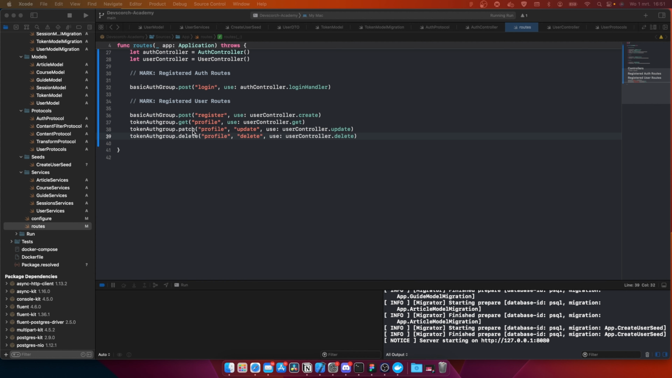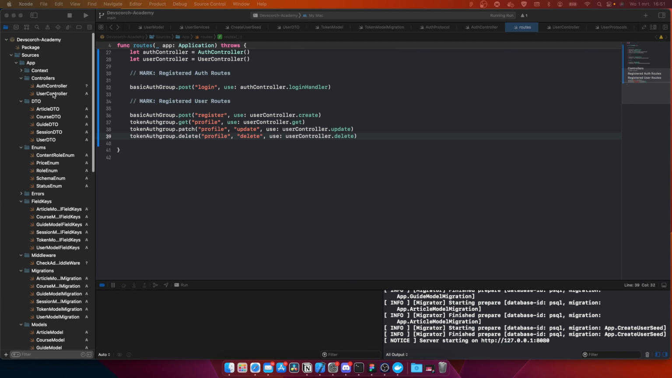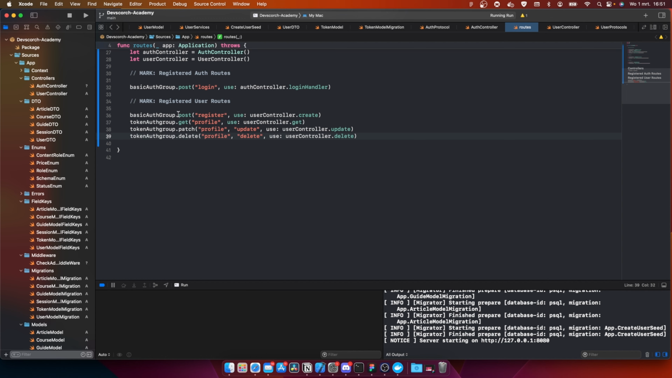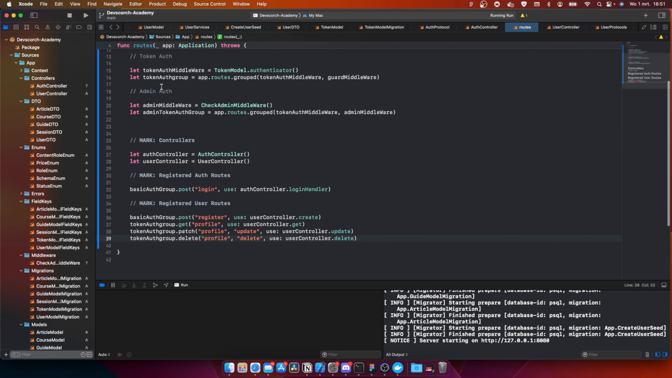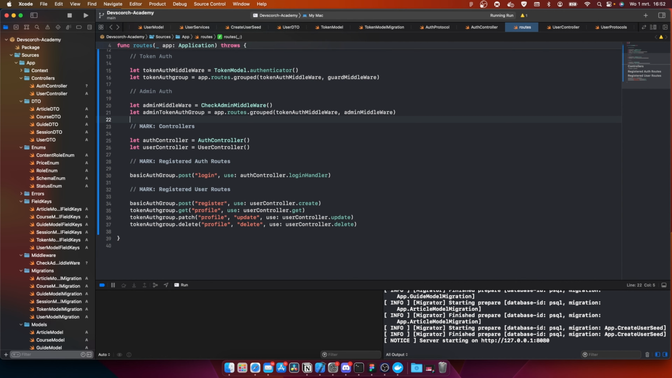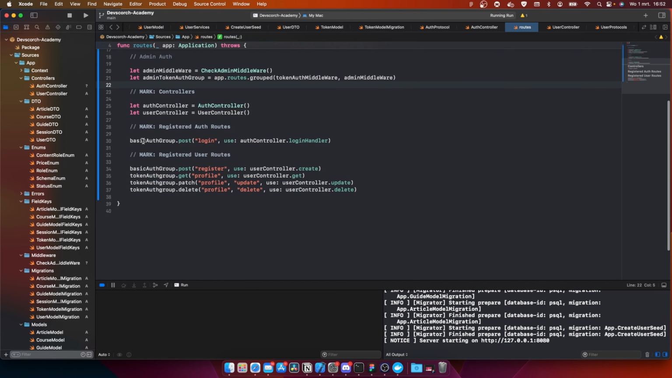Okay, so in the last video we created our first user controller. We created our middleware, we created the admin middleware. We registered the route for logging in, for registering, and we also created all the routes for the profile, for updating and deleting. So in the last video I came to the conclusion that we want to put this inside an enum instead of just using strings. So we go to the enums